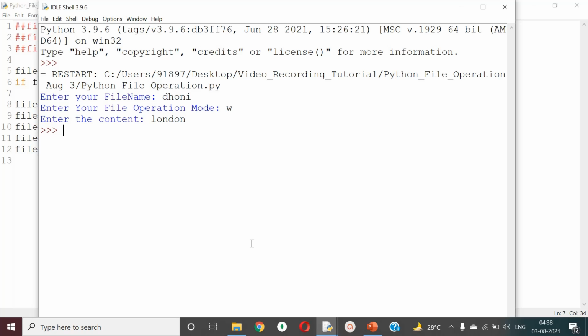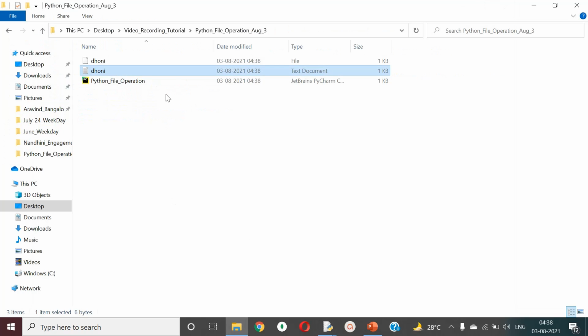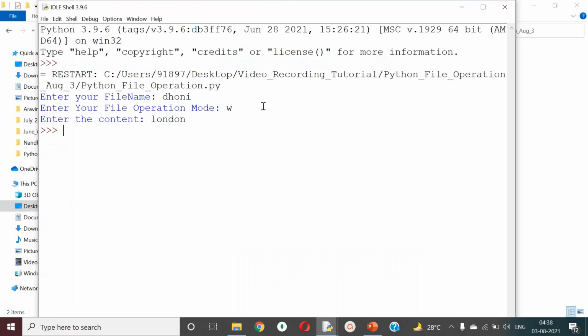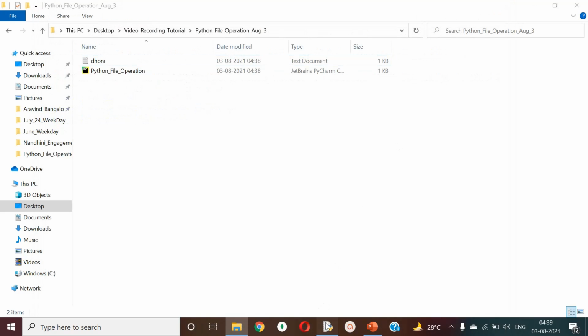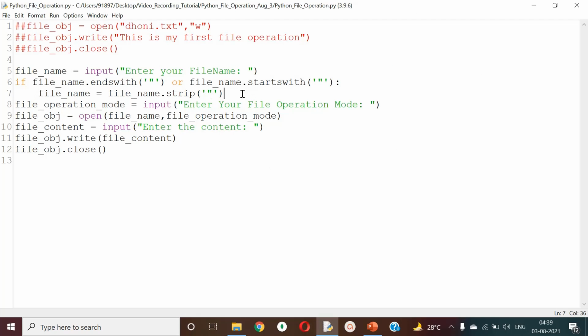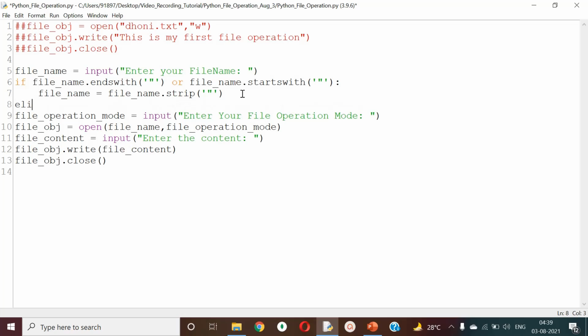Now what happened? Look at this. There is something peculiar created. Don't wonder too much. Why? Because when I was about to give the file name, it's supposed to have a .txt, but in a rush, I didn't give the txt. So you should make a note of this also. Look at the way I'm going to modify that. Again, there is one more condition.